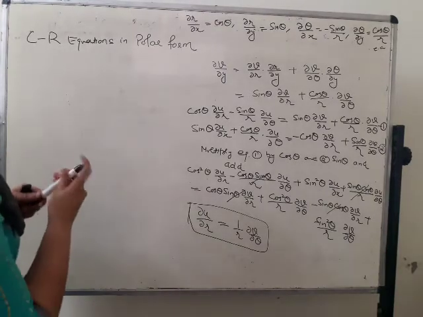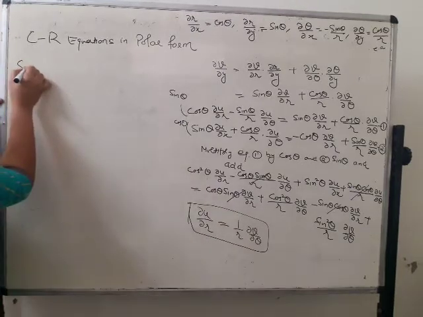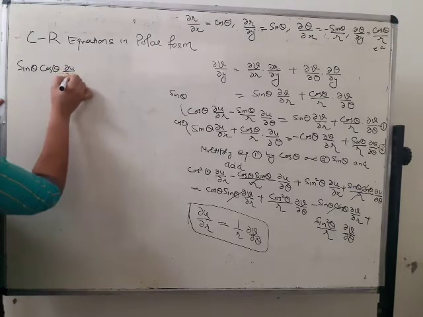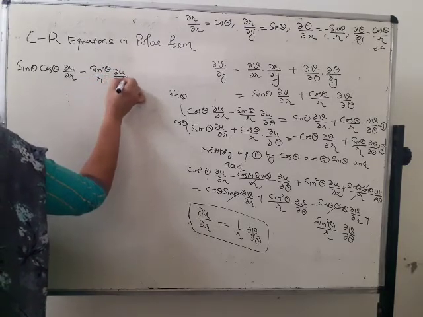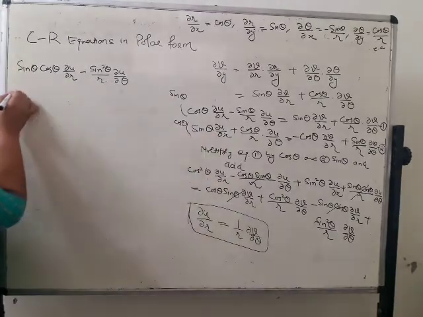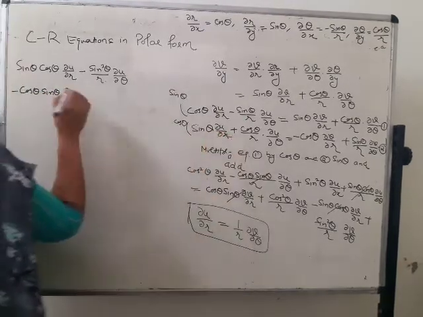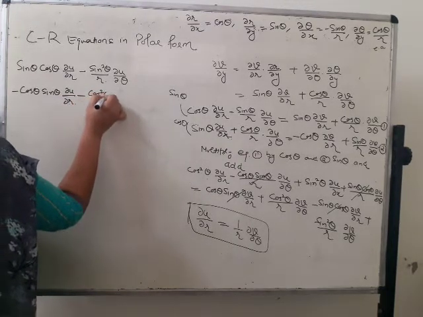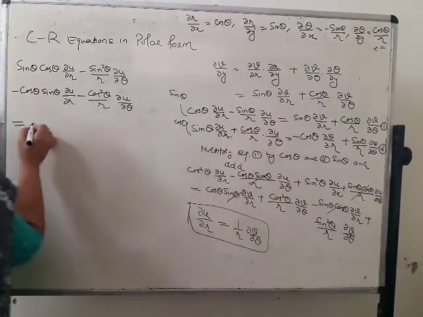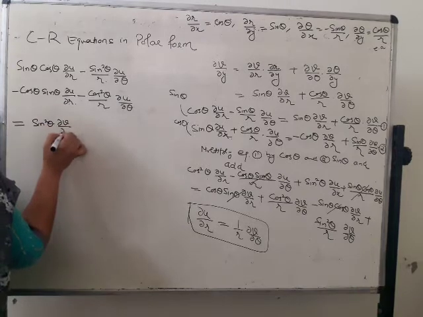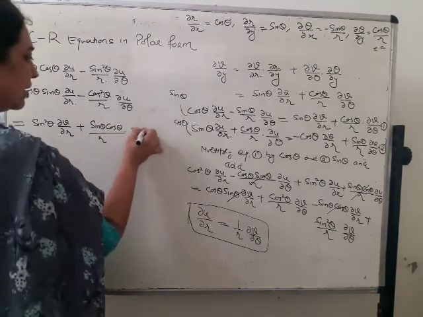Multiplying equation 1 by sinθ and equation 2 by cosθ, the left hand side is sinθ cosθ ∂u/∂r minus sin²θ/r ∂u/∂θ. Then the left hand side of the second equation is minus cosθ sinθ ∂u/∂r minus cos²θ/r ∂u/∂θ, equal to the right hand side of the first equation, sin²θ ∂v/∂r plus sinθ cosθ/r ∂v/∂θ